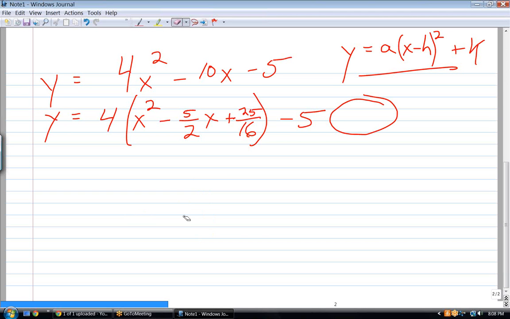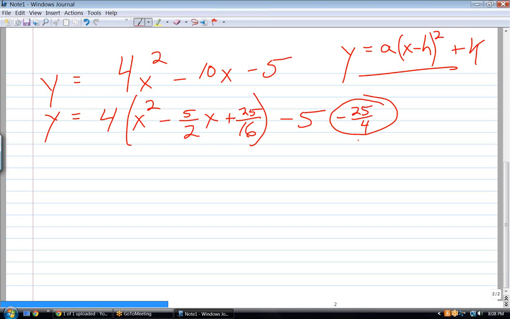You'd have to multiply 25/16 times 4. Okay. And add it. And I've got to subtract it because I'm on the same side of the equation. Okay. So I have to subtract